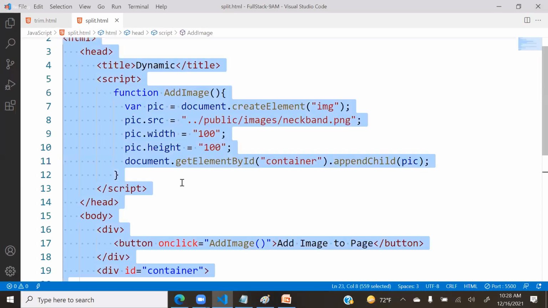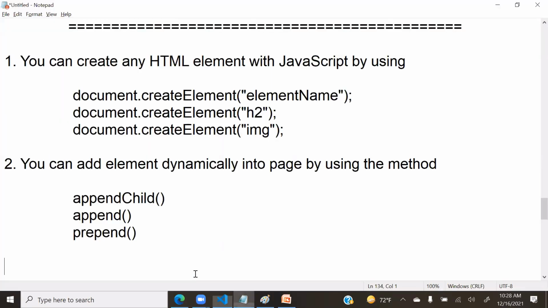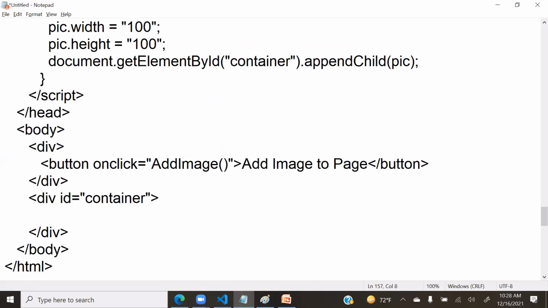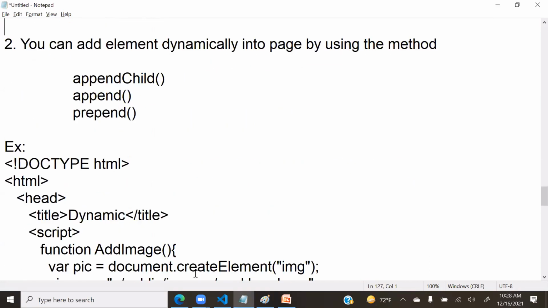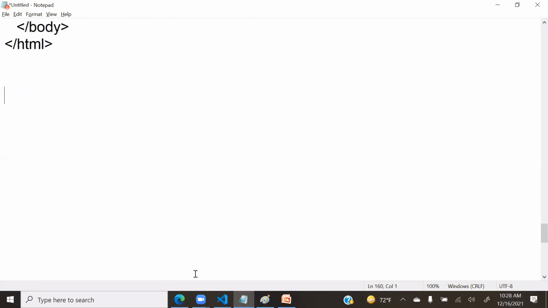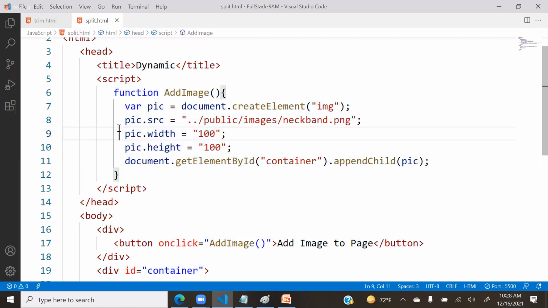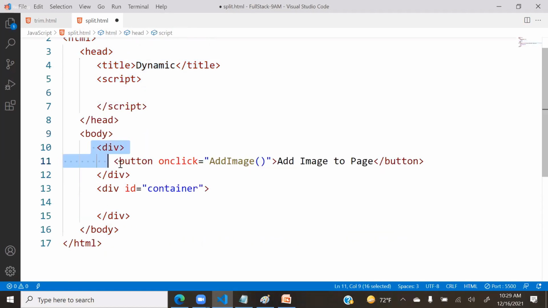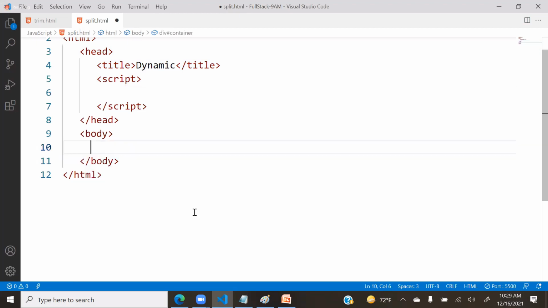So now the concept here is general. This is an example of how you can add any element into the page. But here the concept is, what about your array things? That means now let's do it in a different way. Suppose in this body section, I have given